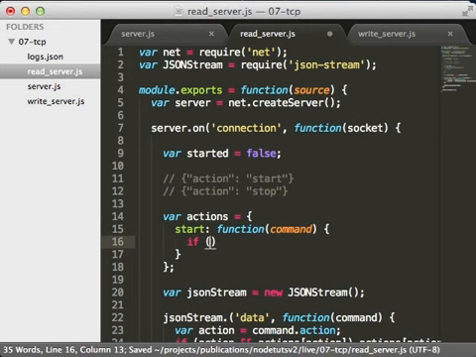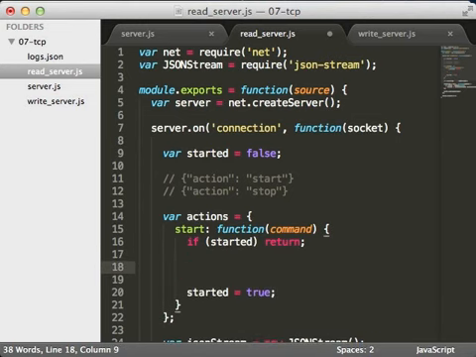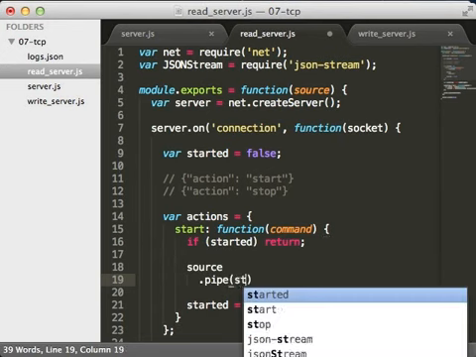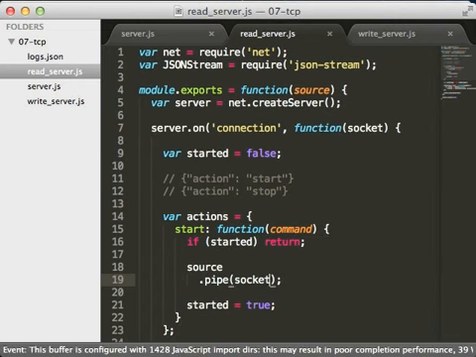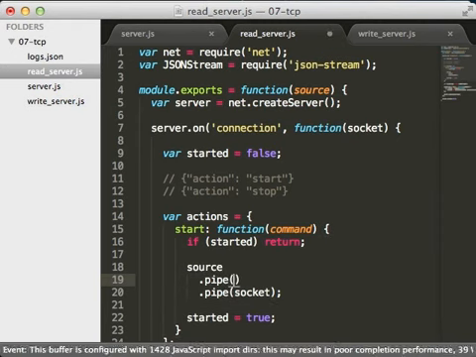So if started, then we return, otherwise we say started equals true. What we have to do is to pipe the source stream, which is the source of log events, into the socket. But these events come in the form of JavaScript objects, and the socket does not accept anything besides a buffer or a string. So we have to transform it